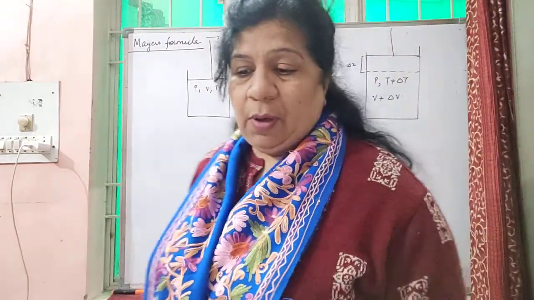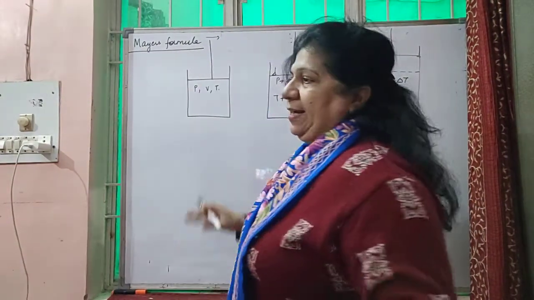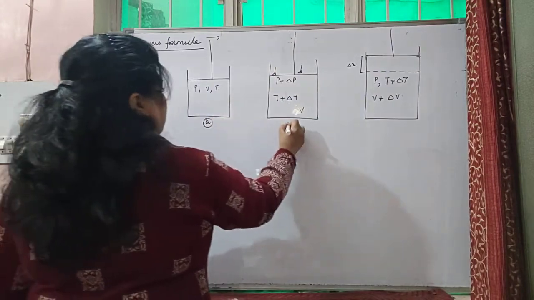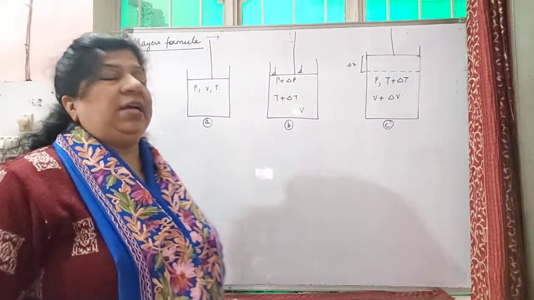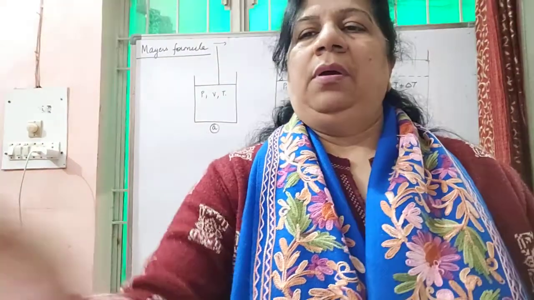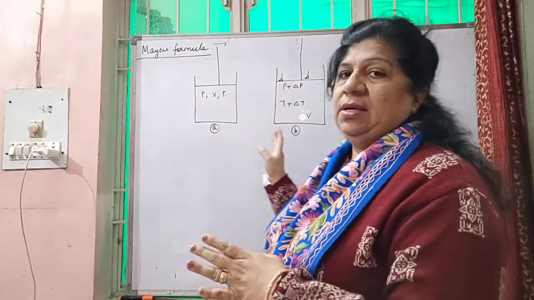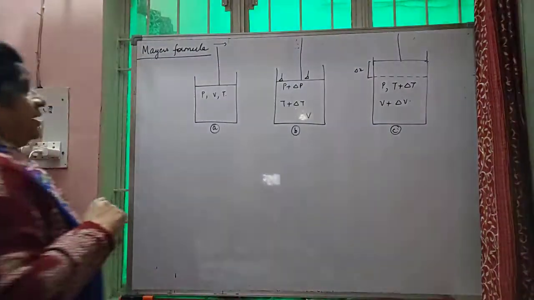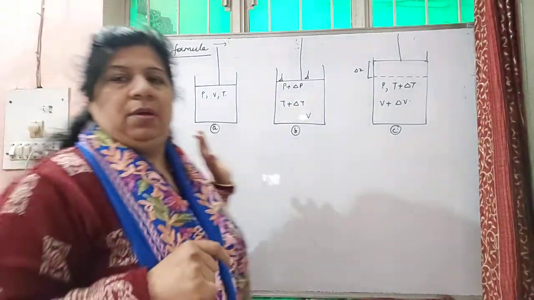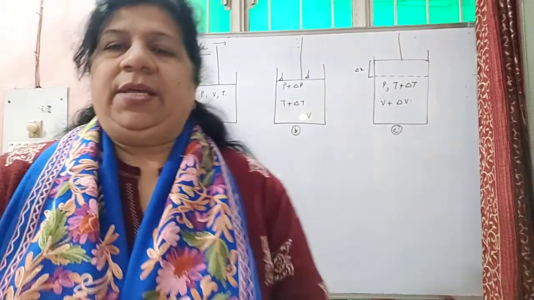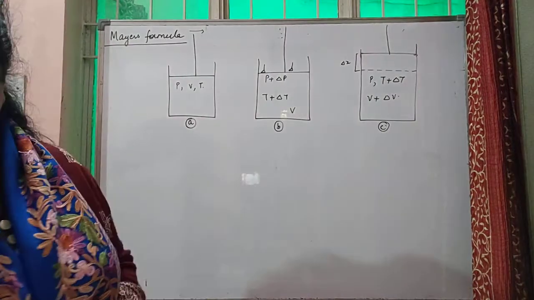So when we are talking about Mayer's formula, we are taking 1 mole of ideal gas. This is A, B, and C. I would like you to draw this diagram in your copy, so that when I have to rub this, you are still having it for understanding purpose. So we are dealing with the Mayer's formula, and we are having 1 mole of gas